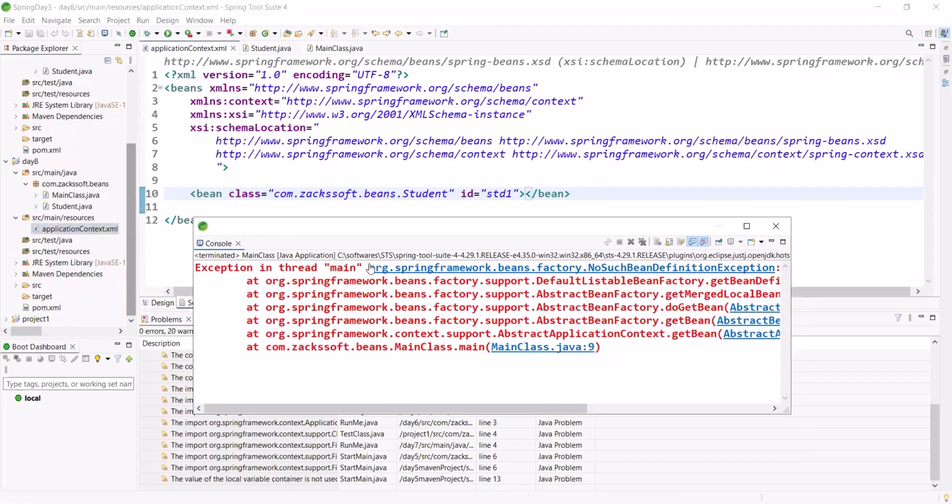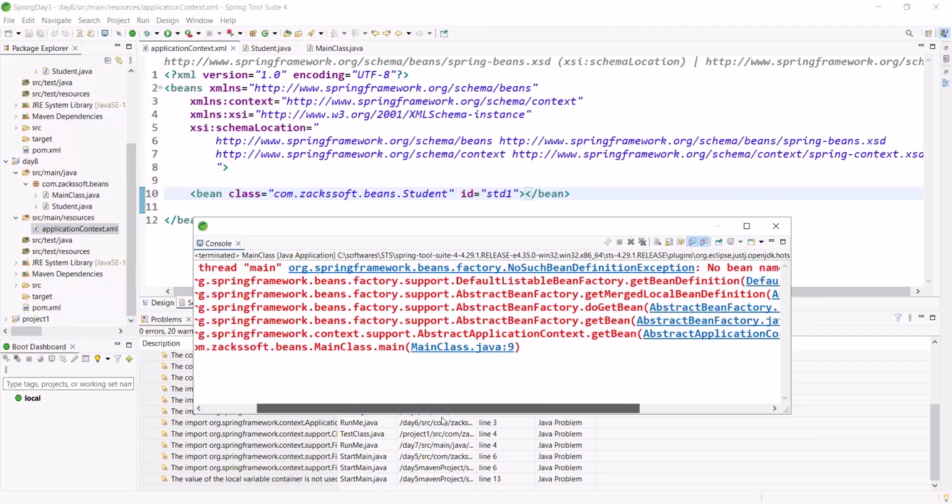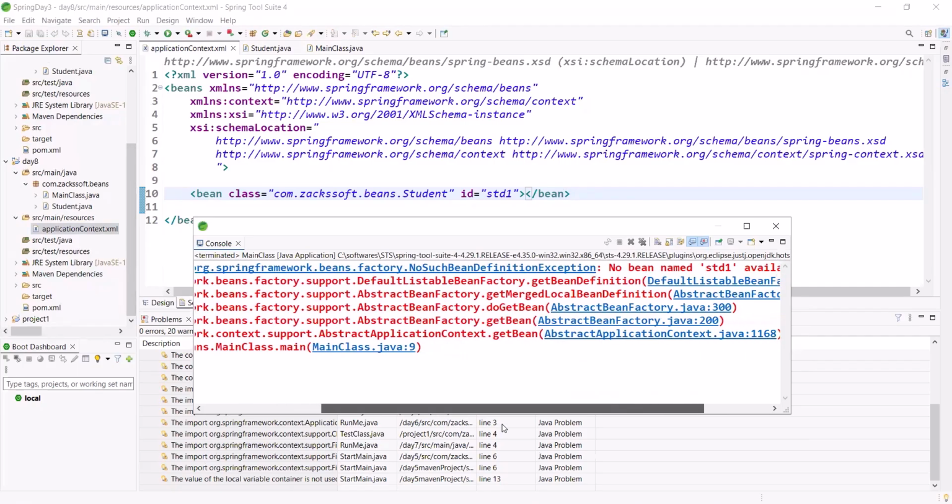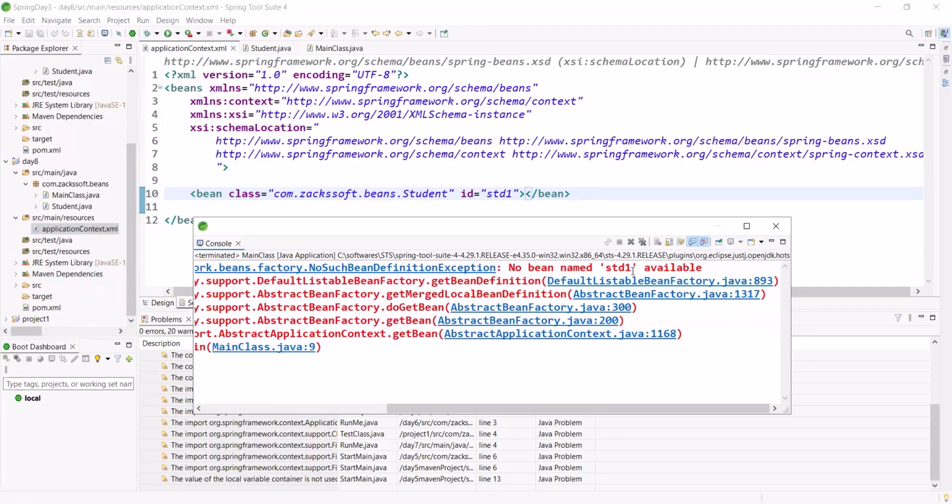Can you please tell me, first check the exception in the statement, right? No such bean definition exception. What is the bean name? STD1, right? But here we are writing the